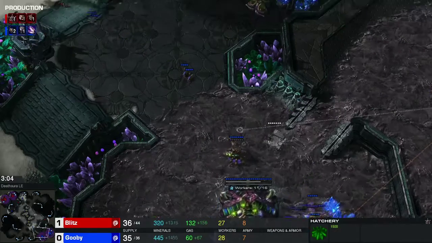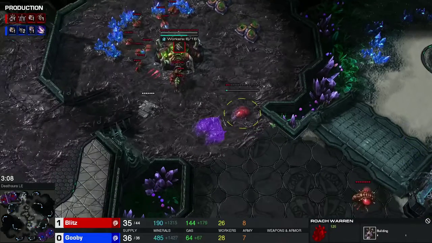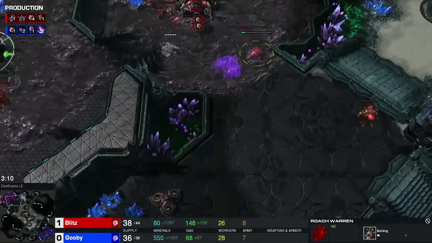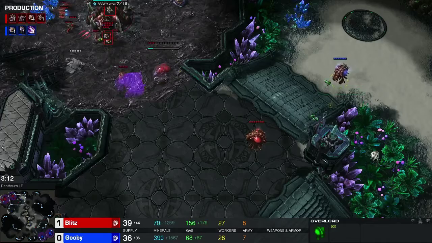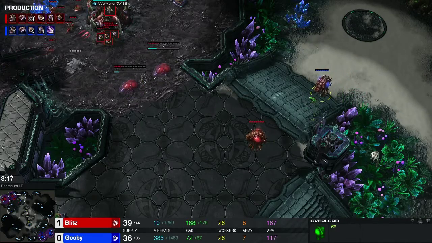Both players, you know, a very similar opener. Alright, first Roach Warren is on the way here. Where's the Overlord for Gooby? Gooby is getting ready to poke back in here. Now, if he sees this time around, making a Ling Ball,